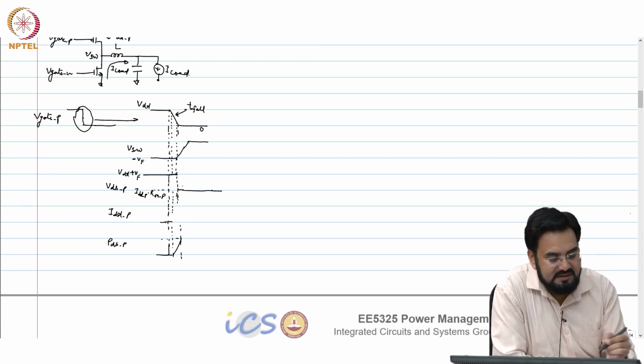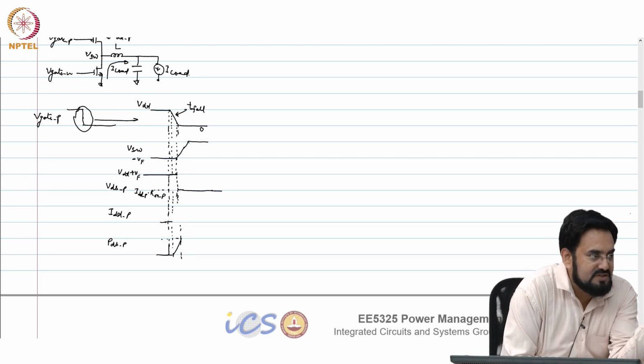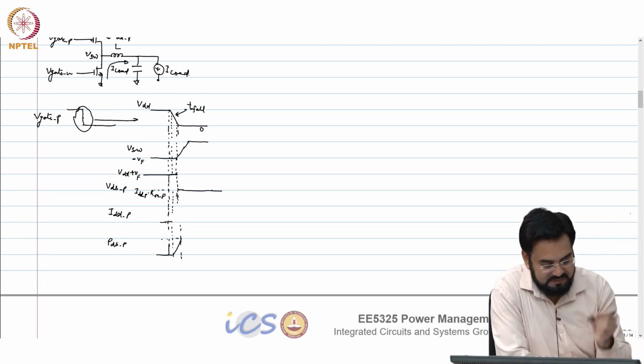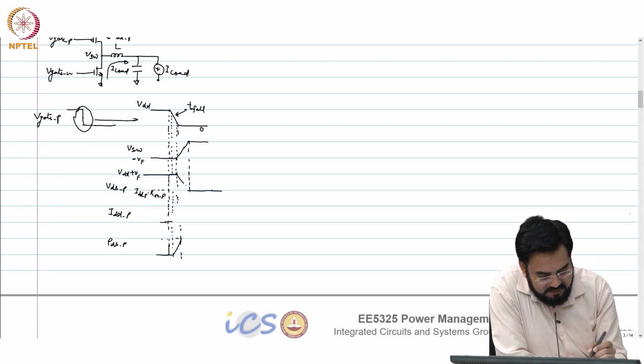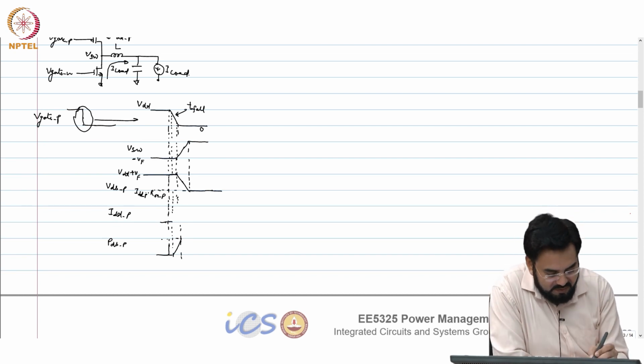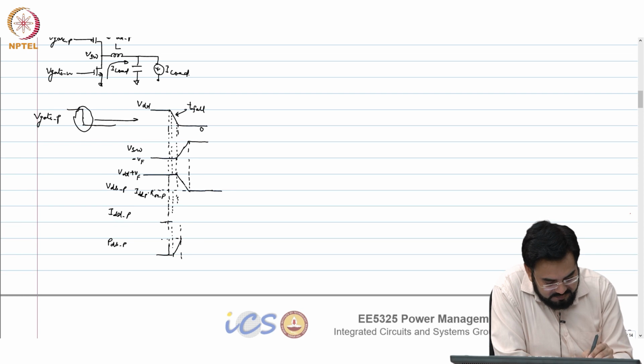But your current starts rising right from when you have a difference of threshold voltage across gate and source. So, this will peak here and this will start falling. And ultimately go to IDD into RP. And this is the point where current your